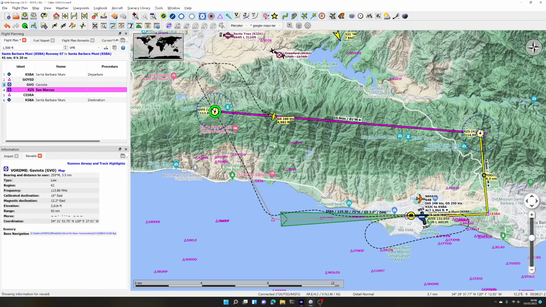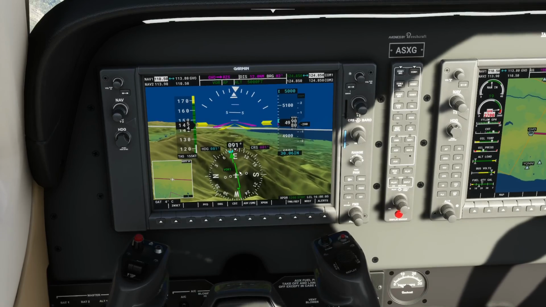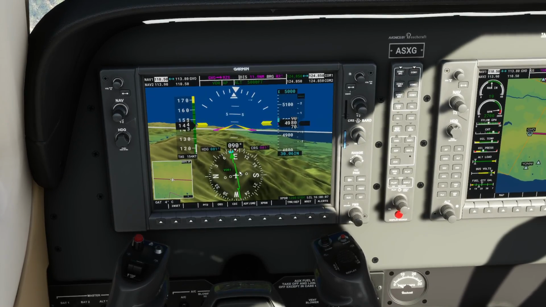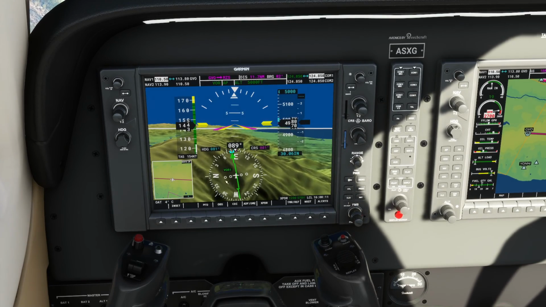Yeah? So if looking at this map, that is the 81 degree line. We are almost on top of it now. So you can see the plane has overshot ever so slightly. And the reason that's happening is because we have a crosswind in play. If we press the